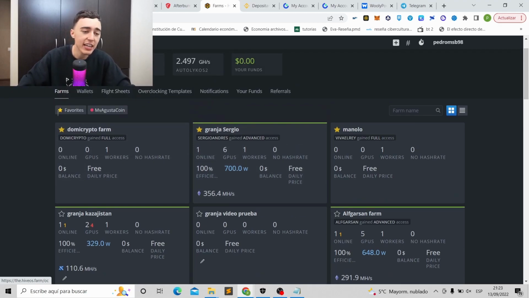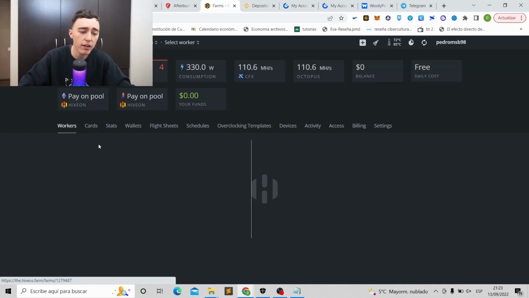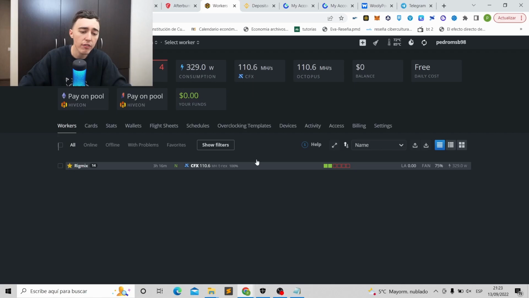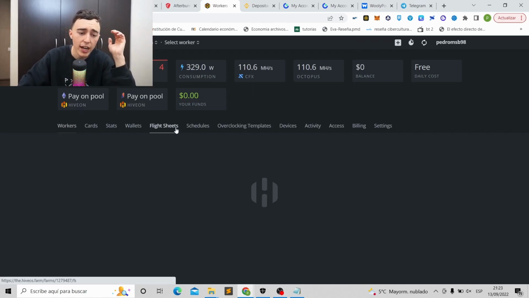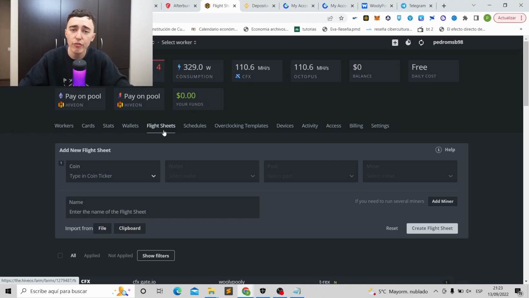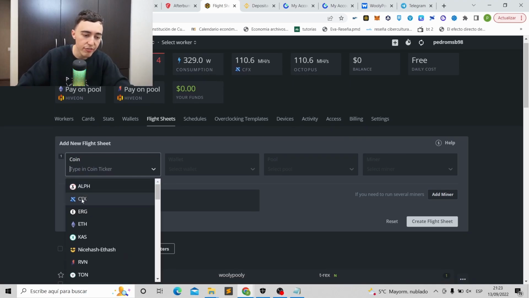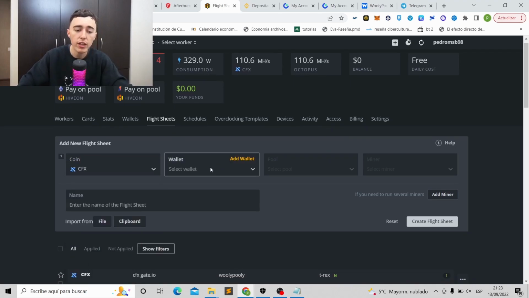The idea is in HiveOS we'll have our farm, so we will have to go to our farm, and here we have our miner that we want to change. So the thing we have to do in HiveOS is go to our farm and change a flight sheet. We're going to create a new flight sheet, which is going to tell the miner to mine Conflux. So that way we'll go to coin, and here we'll put CFX, which is Conflux, and we will have to